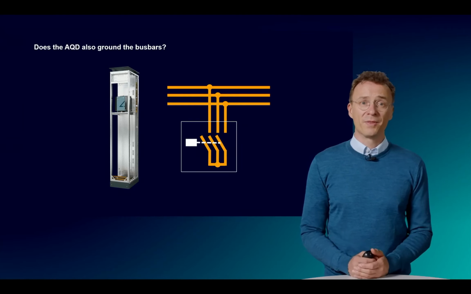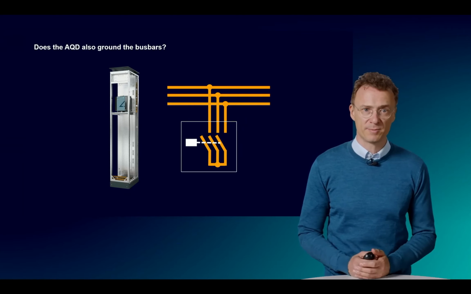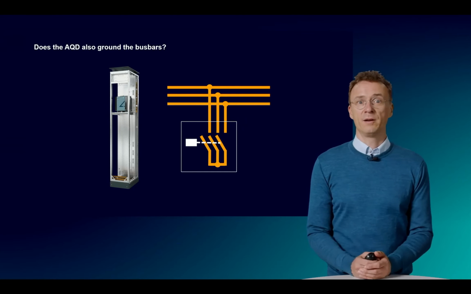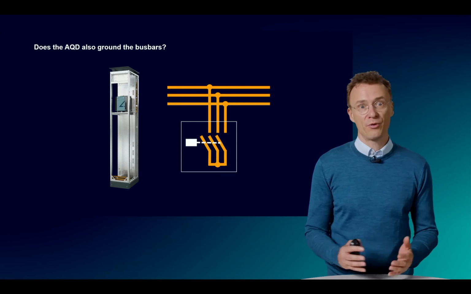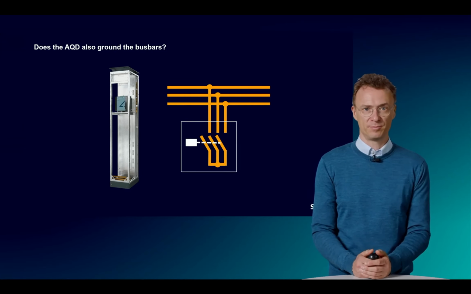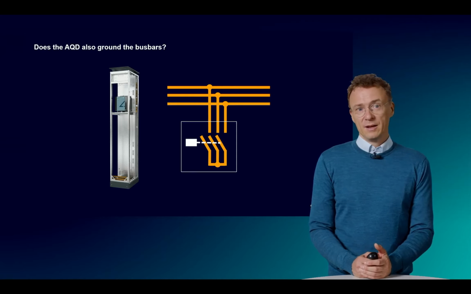And the next one is, does the AQD also ground the bus bars? No, the AQD creates an all-pole or a three-phase short circuit on the main bus bar. Next question, can the system indicate to other protective IEDs, intelligent electronic devices? The system has a relay interface to signal to other systems or such IEDs. That way, it can also be integrated into other systems.